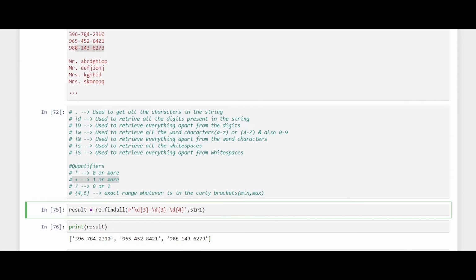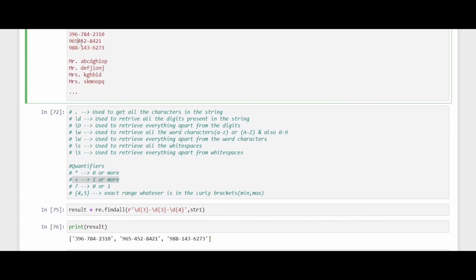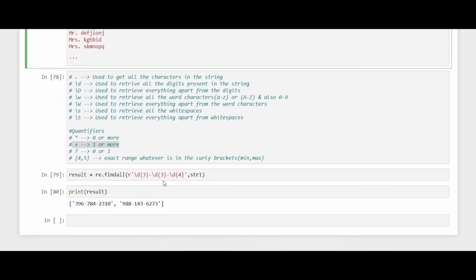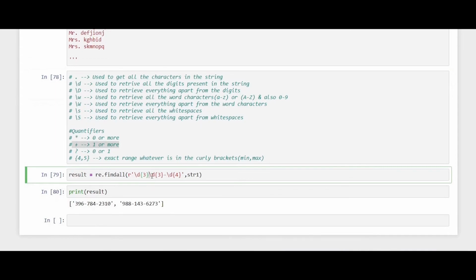So what if I wanted to make this an asterisk? It's going to print me only these two. So what I need to do is print the asterisk also. So let me just remove this hyphen and try to signify slash w.